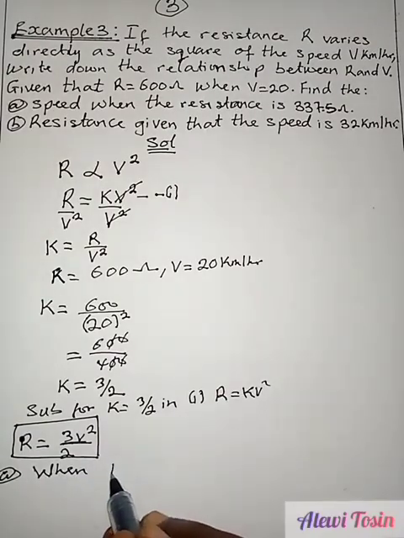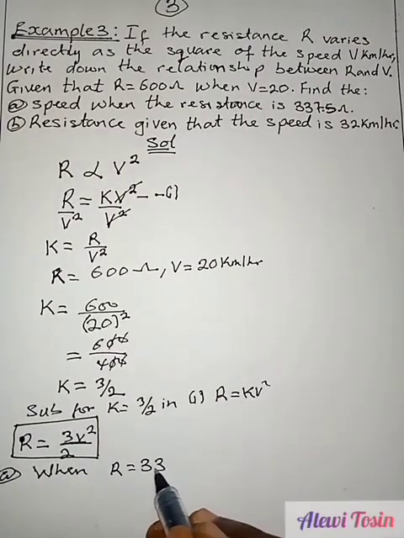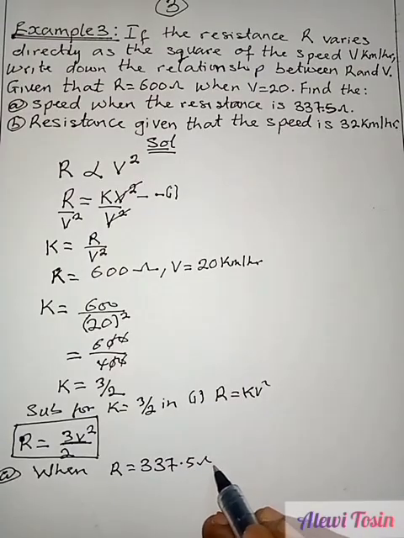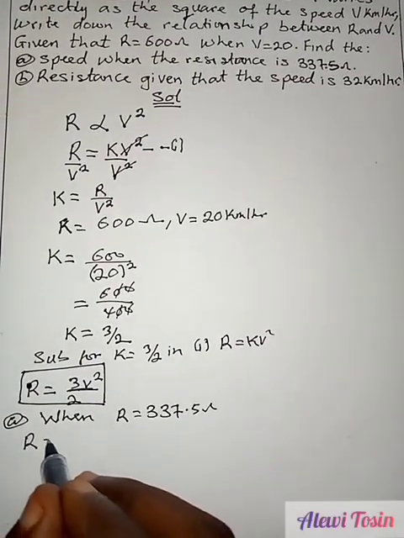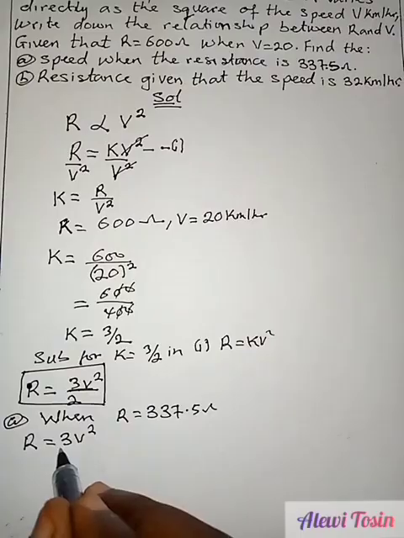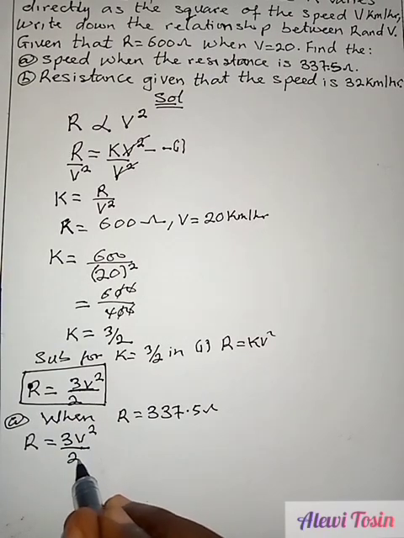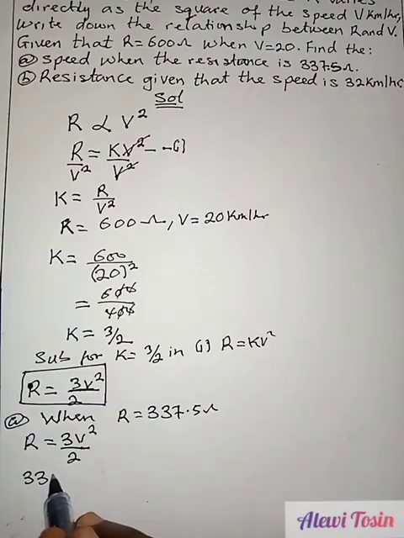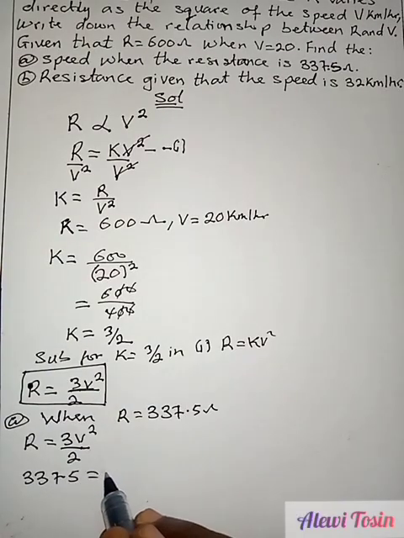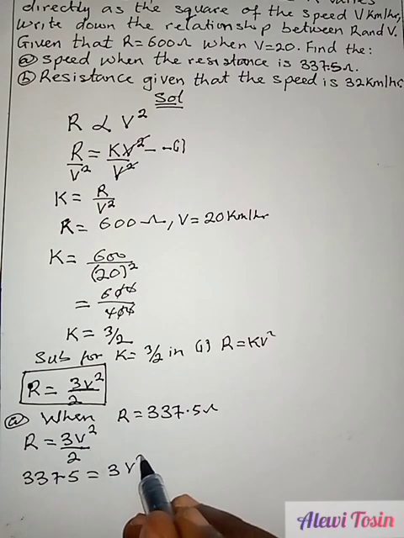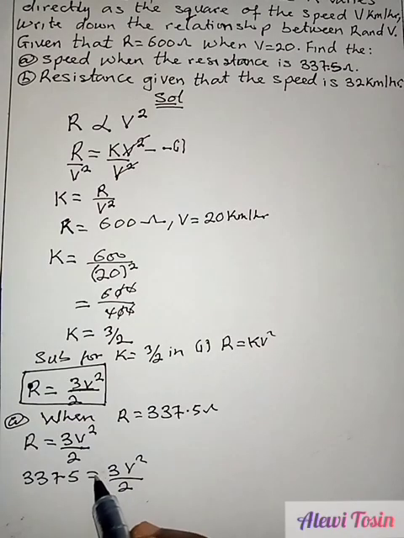When resistance R is 337.5 ohms, we have to find our V. Using this formula, R equals 3V squared over 2, our R is 337.5 equals 3V squared over 2. So if we cross multiply, we'll be having 2 bracket